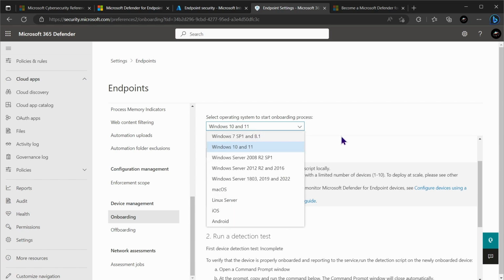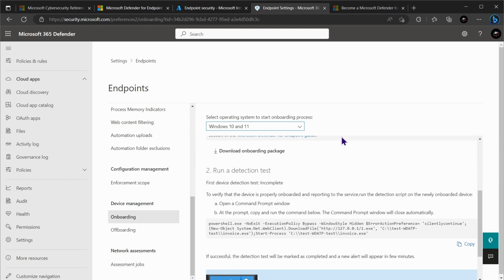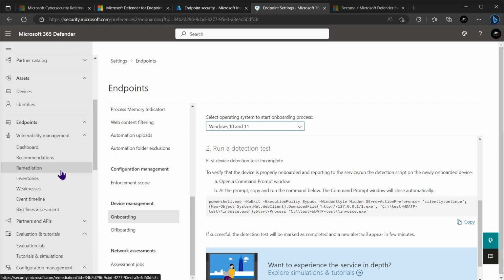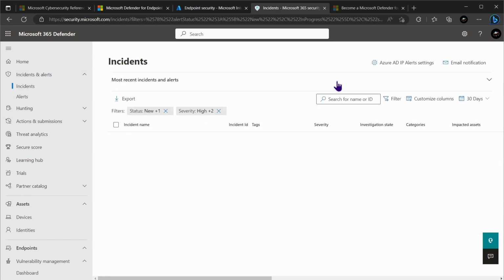If you were using Linux or macOS, you would have an extra step for that. But anyway, once you onboard devices, you can start running detection tests and testing it out. Once you have onboarded some devices, what you can do is navigate all the way to the top of the menu, go into incidents, for example, and you can navigate and look at incidents in 365 Defender